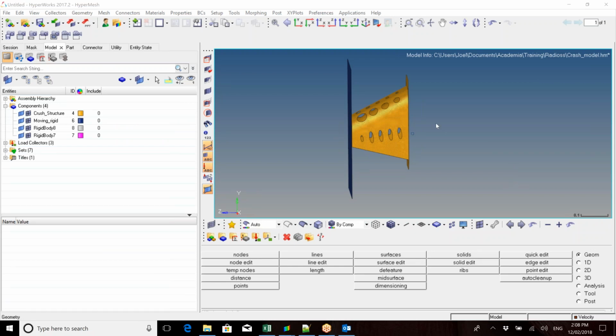So just on that, making sure that the profile that you're starting up in is a Radioss profile. And with all your components in the tree here, you can see that I've got it split out in the crush structure, moving rigid, and then I'm going to have two rigid body elements, and each one of them will be in separate components. So the reason why you split these out is because in Radioss, you can either, when you click,